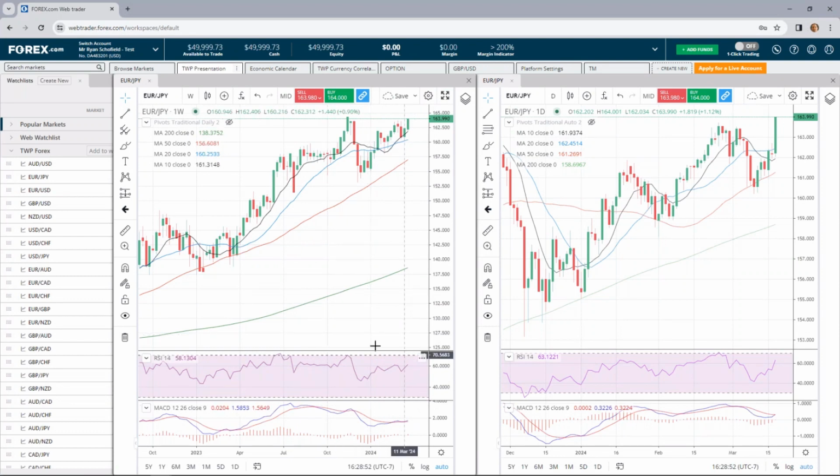So that is divergence, and we're also getting divergence from this high to that higher high, and we've got divergence on the RSI and the MACD on the daily chart as well. So we're getting a lot of divergence across these two time frames, which is enough to keep me out of the trade. On top of this, I saw some news today fundamentally about the central bank in Japan actually looking to raise interest rates,